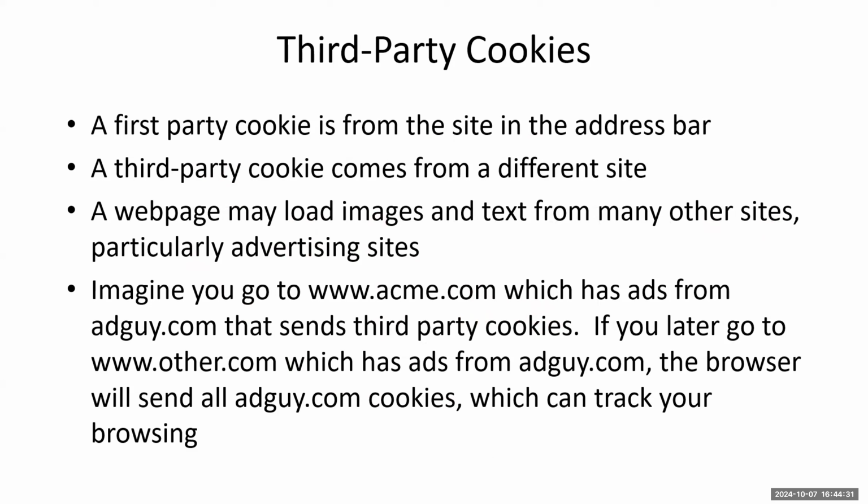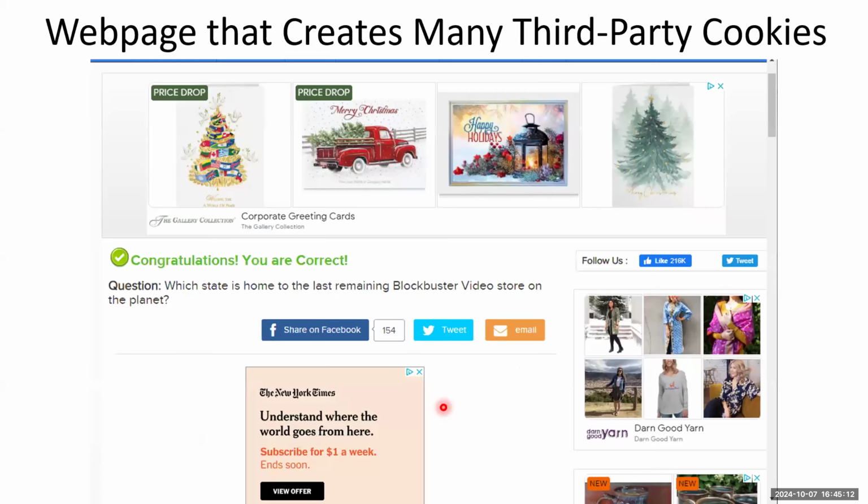For example, let's say you go to acme.com and it has ads from adguy.com. There are ad brokers out there that sell these. We'll talk about how these work a little later on. But basically, you've got ad guys. So your web page at acme.com sends requests to adguys.com to get files that you're going to display. And it sends the cookies when it does that. Then if you go to another website, say other.com, and it also goes to adguys.com, it sends the cookies. And now adguys.com knows that you've gone to Acme, and it knows that you've gone to other.com. And they can send appropriate things.